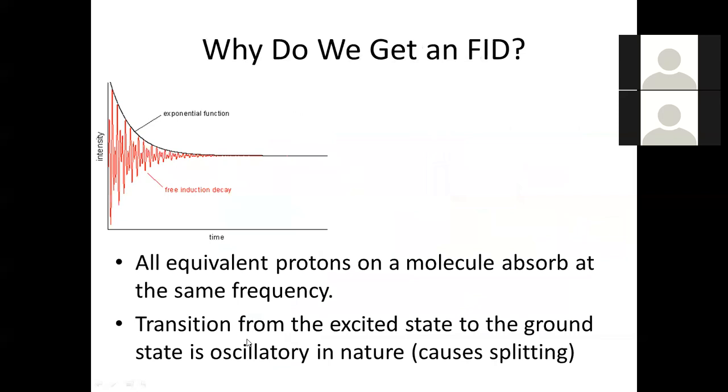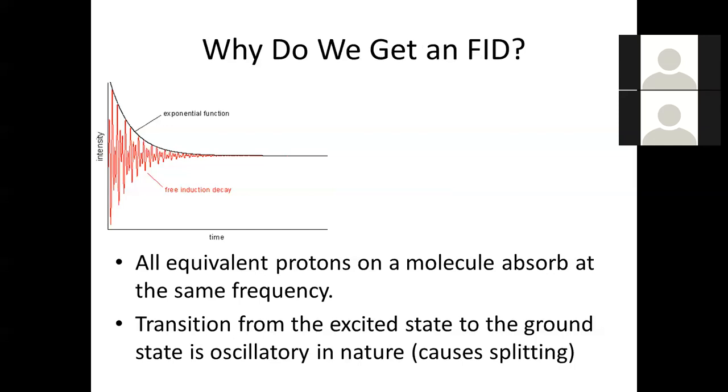Essentially, it's a whole bunch of different frequencies, all of the absorptions of this molecule added together, and you see it decaying over time, right? The reason we get this is we have lots of equivalent protons on the molecule, which all absorb the same frequency, and other ones that absorb different frequencies. So there's a difference in intensity between peaks. Also, and this is sort of what causes splitting in peaks,